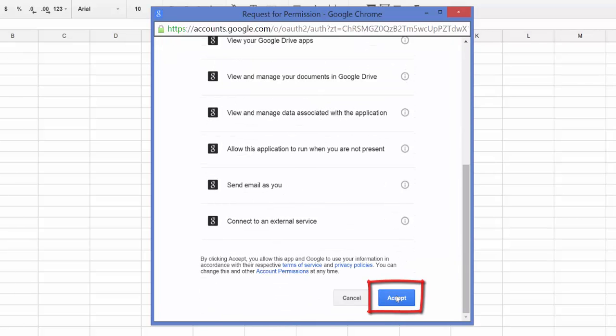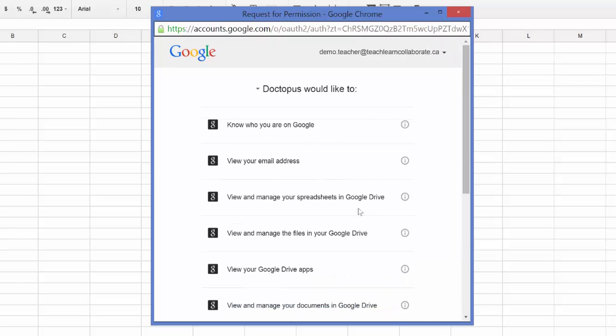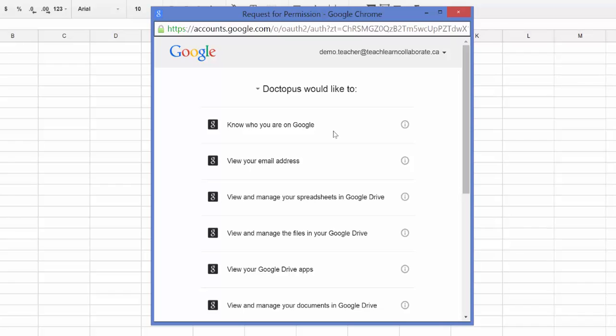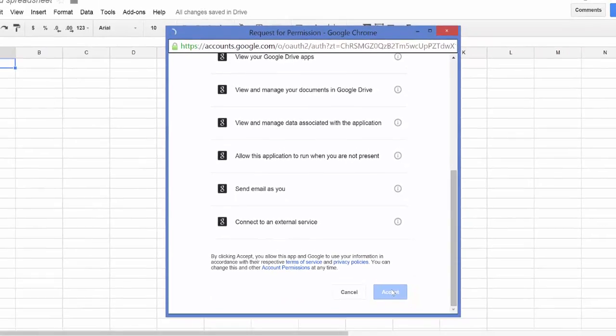You will click accept. I guess I should mention right now that in terms of why it needs all these permissions, the team that built Doctopus, they don't get any student data that might be in your spreadsheet, but Doctopus will do things as you, like create assignments and share them with the students, etc., etc. So I'm going to click on accept,